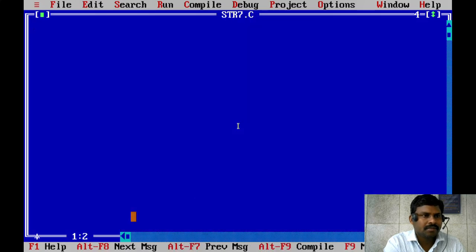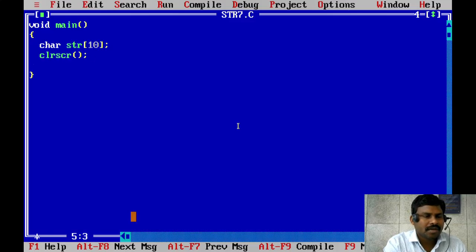str7.c, void main. So declaring a character array str of size 10. Okay, here clrscr to clear the screen. So ask the end user to enter the string. Printf enter any string